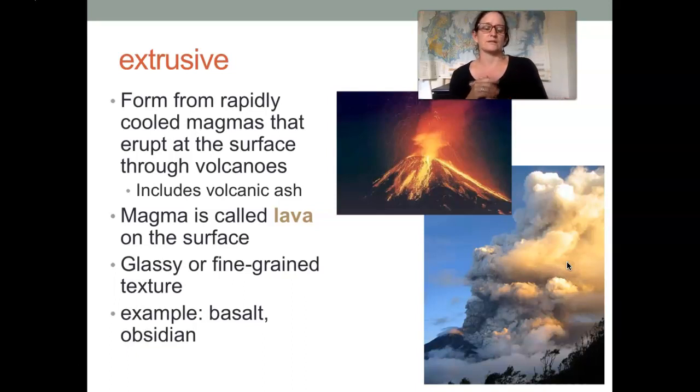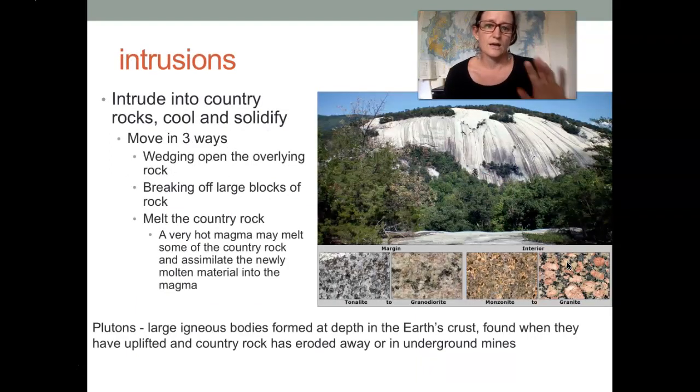Examples of these would be like basalt, which makes up most of the oceanic crust, the outer of the oceanic crust, and obsidian, that glass that comes out of a volcano and cools so quickly there's no crystal form to it. Intrusive, extrusive. Intrusive igneous rocks, we talk about them on how they formed, and then we can talk about the